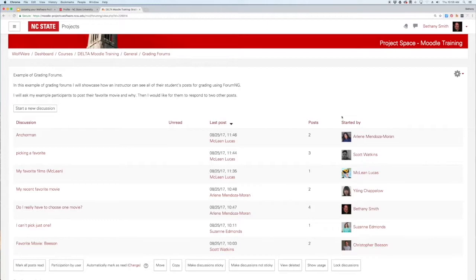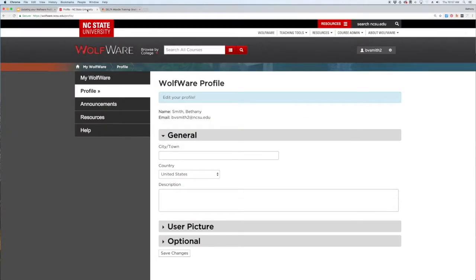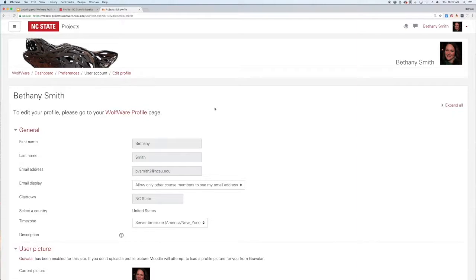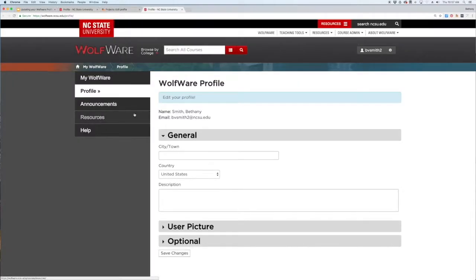The profile used in Moodle is based on a user's WolfWare profile. This is so the same user profile is available on all the Moodle servers you use. You can go directly to the WolfWare profile page to update, or in Moodle, when clicking on your profile, edit profile, WolfWare profile page. You'll see there is some information that you are unable to change, such as your name